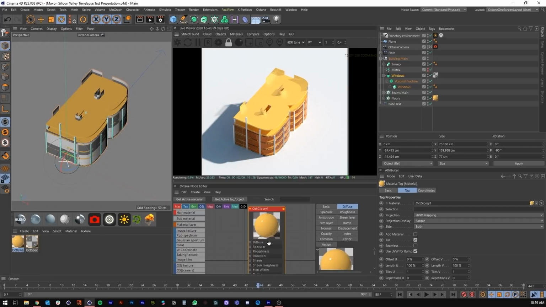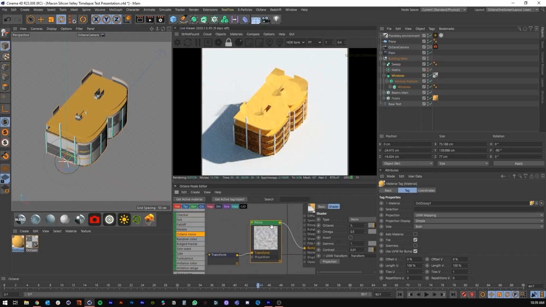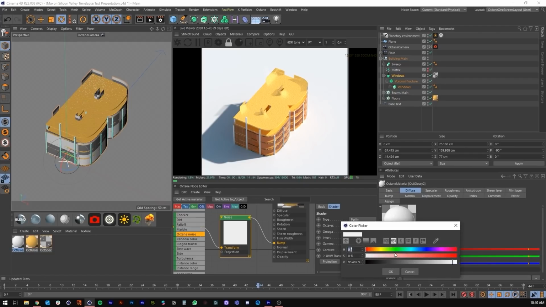Cool. Gonna do an Octane noise into the bump. And I'll decrease the size a bunch just so we get this nice little concrete texture. Super stylized. And just decrease the amount there. Okay. All right. Next, let's create another glossy material, and we'll do a gold material for the